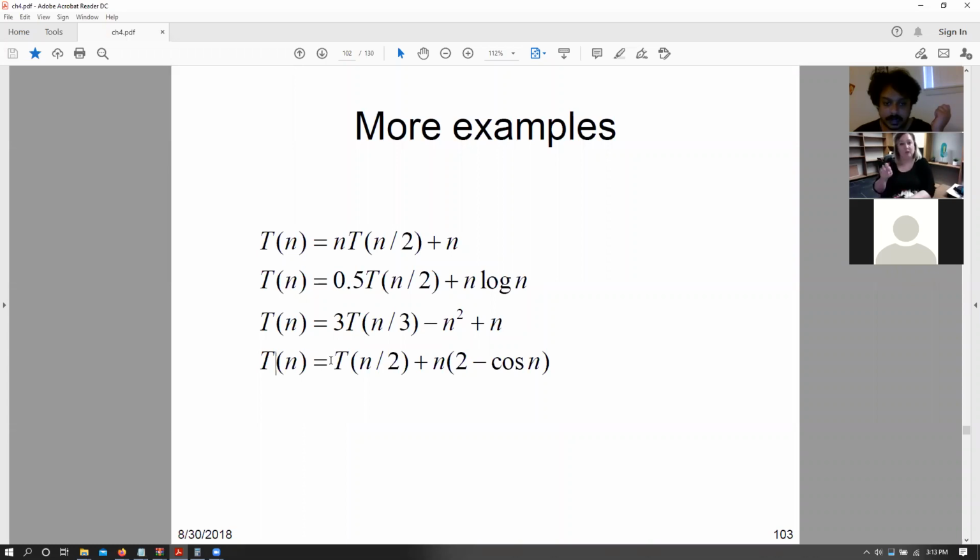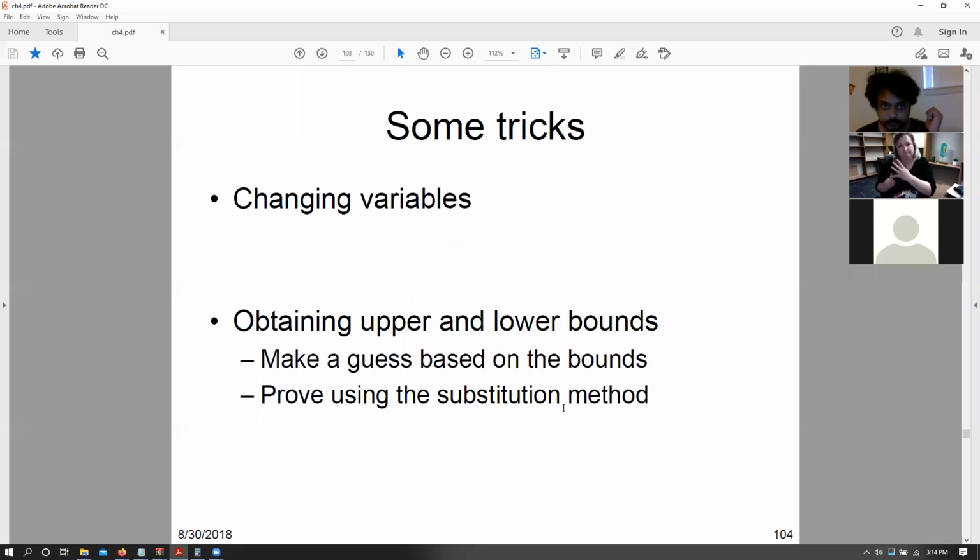Now, for this particular thing, we have T of n by 2 plus n times 2 minus cos of n. In this case, I want you guys to again work on this, but I think if you look into it, case 3 might apply, but the regularity condition might not be satisfied. So look into that, because we have a function of cos n that becomes really difficult for doing n raised to the power of something. Okay. Any questions?